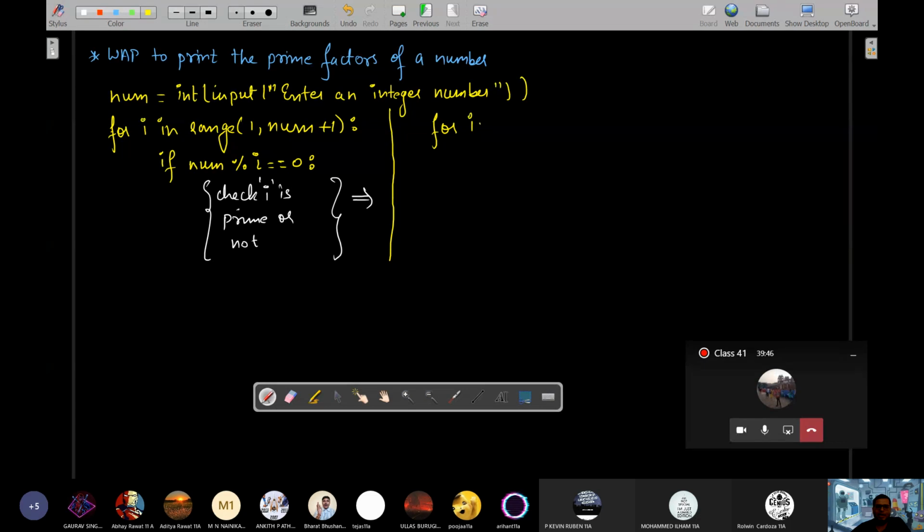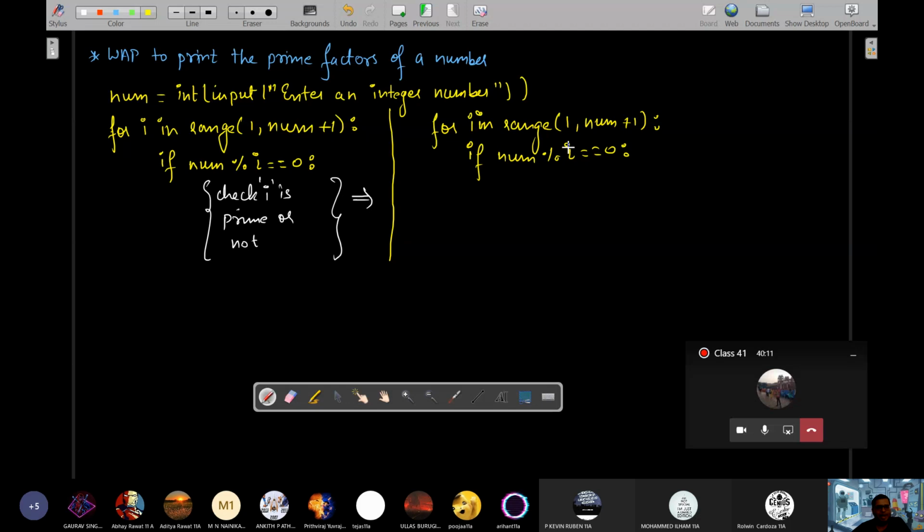For I in range 1, num plus 1, you will write if num mod I happens to be 0, that means that I is the factor. If I is the factor, you will print that I only if it happens to be prime.